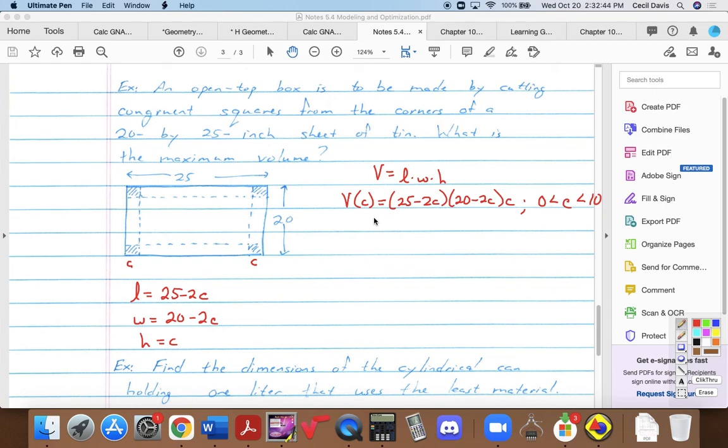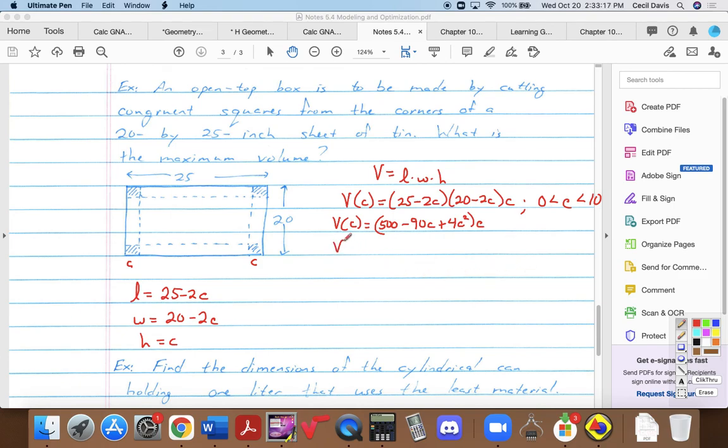That is folded. So then you could use the product rule with this, but wouldn't it be a lot easier just to expand it and then take the derivative? Yes, please. So that's going to be 500 minus 90C plus 4C squared, all times C,